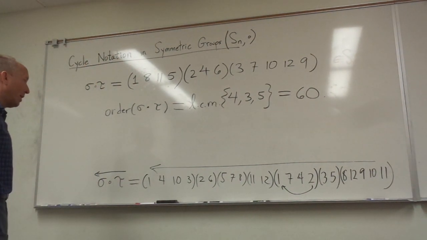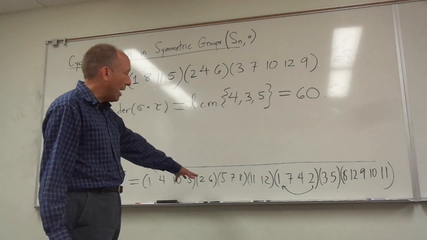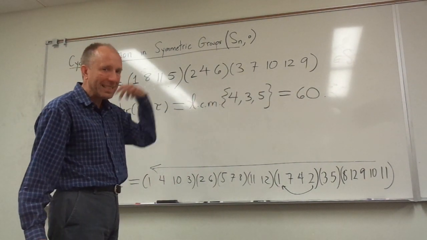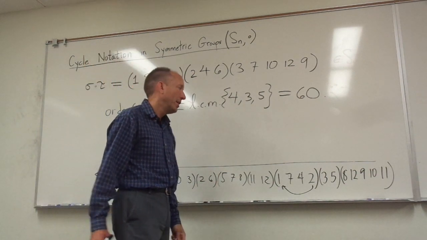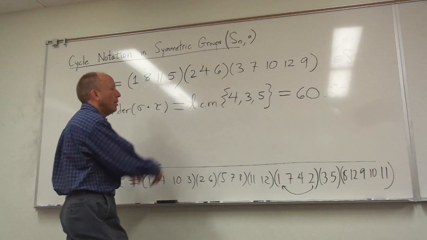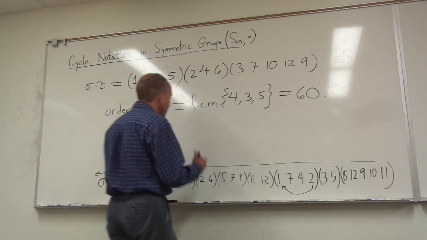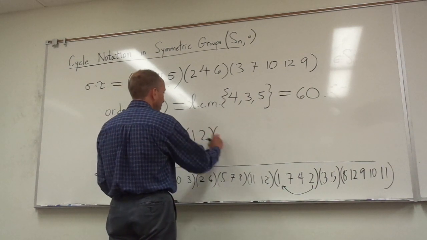Which would have been very hard to just get from this representation down here. I guess the LCM of these cycle lengths would have come out in this case to be 60, but that's really just a coincidence. You cannot figure out the order of an element when it's not simplified yet. To be careful about that. For example, if I had the element (1 2) times (1 3),